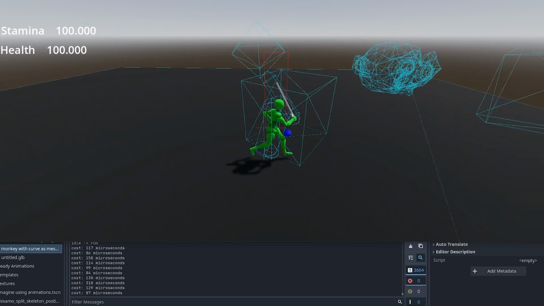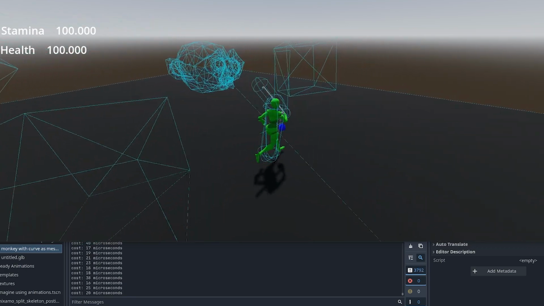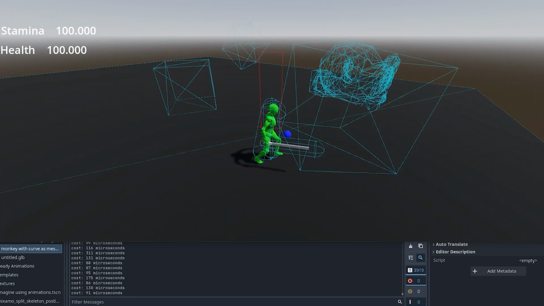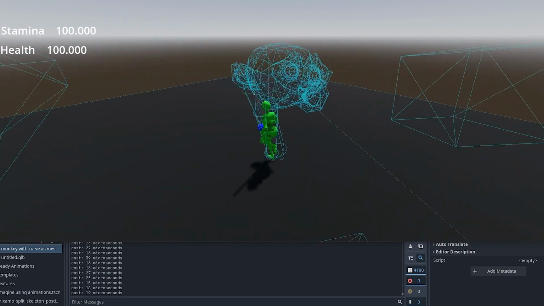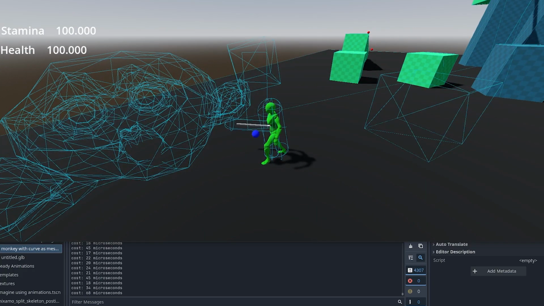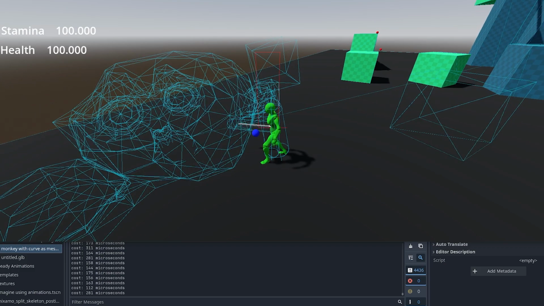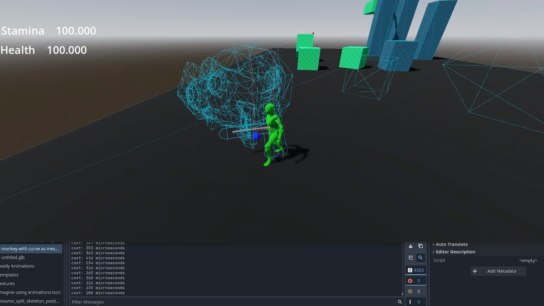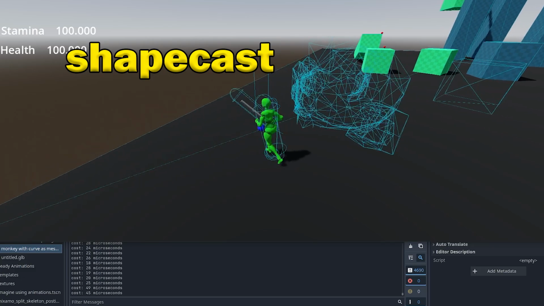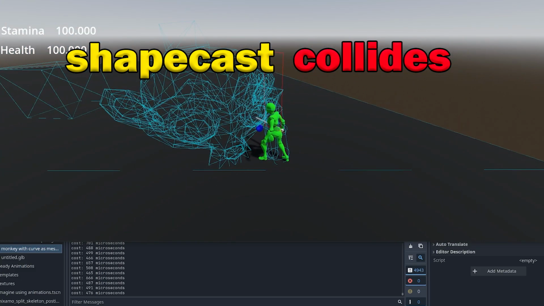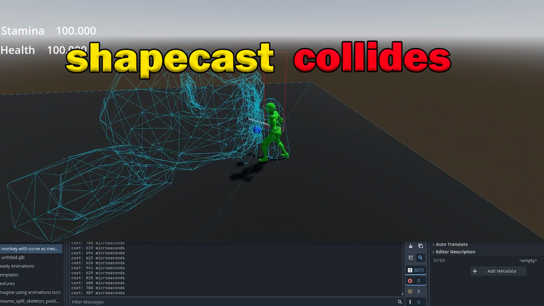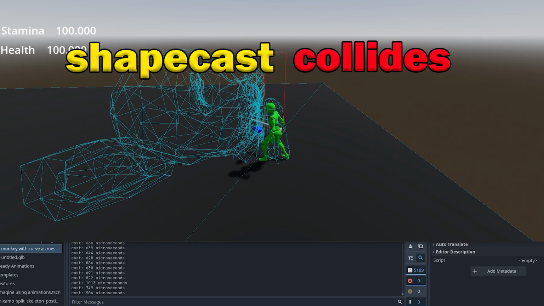This is the shapecasting variation working on the screen, and when I test it on default cubes, you can't tell the difference. However, when I try to run a monkey test for this method, the problem becomes obvious. Even with our geometric calculation costs being immune to the complexity of the collision shape, our delivery method still suffers from the mesh complexity because, well, it needs to actually solve the collision of two shapes, and to solve a collision with this monkey is not an easy task.